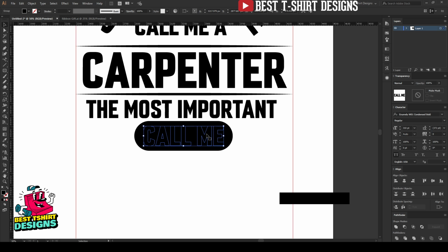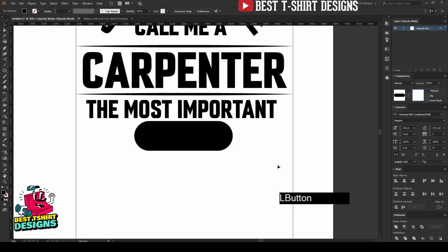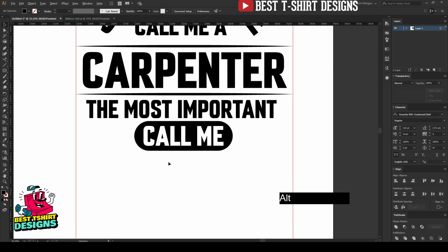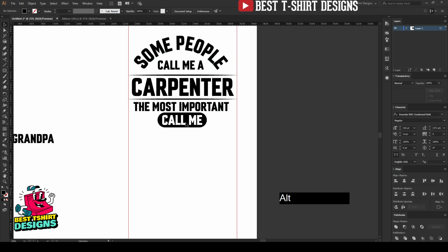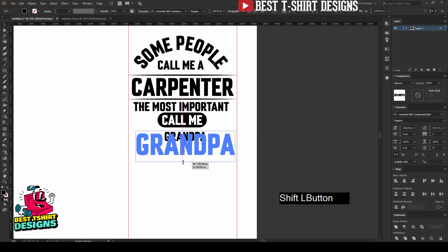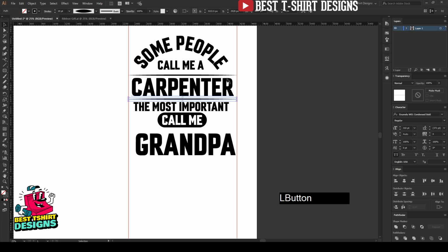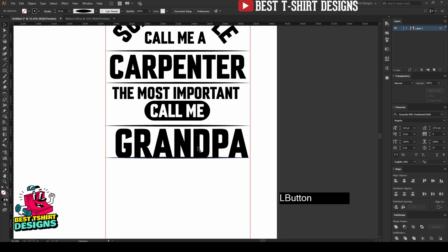That is fine. I'm going to cut it, then select this shape here, and inside the transparency I'm going to press Ctrl F. So that is going to place the text inside my shape. So this is just another part of the design. And for this grandpa text, I'm going to make it bigger, and then maybe I will bring this too, because that is the focus, that is the part for making a design, kind of.